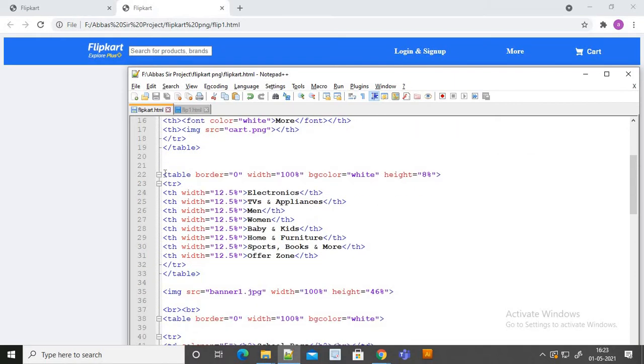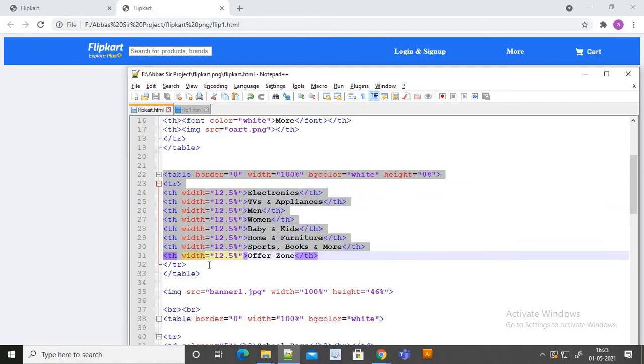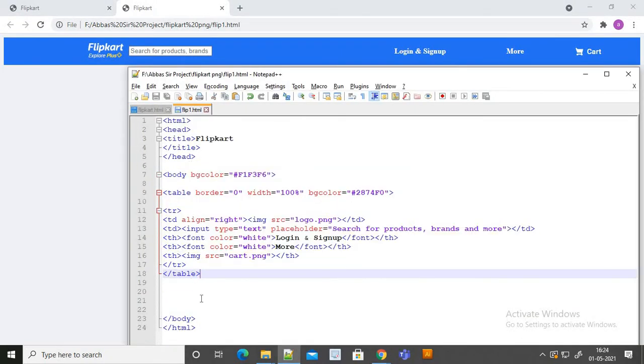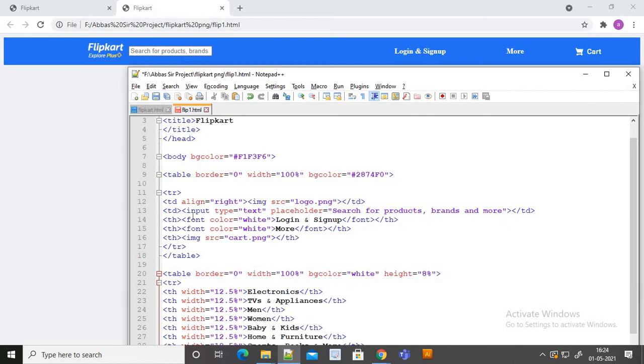Now the other part that we need to do, that is this. Copy, then paste it over here.